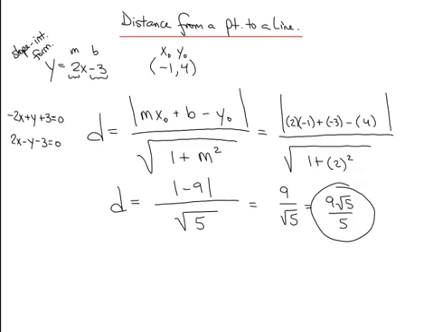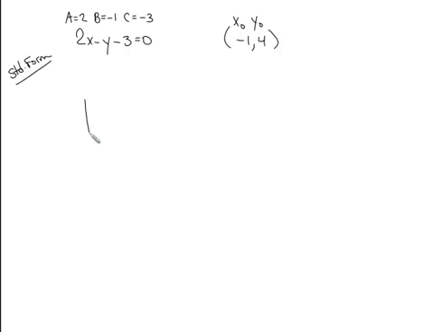So I'm going to start on a new screen with our equation 2x minus y minus 3 equals 0. We're still going to use the same point, which is going to be negative 1 comma 4. So here's my x0, here's my y0. Remember, standard form is ax plus by plus c equals 0. So my a is equal to 2, my b is equal to negative 1, my c is equal to negative 3. And the standard form version of our distance from a point to a line equation is: distance is equal